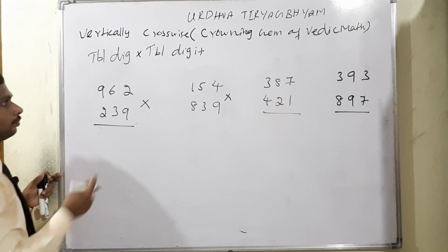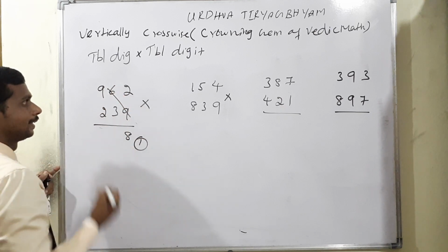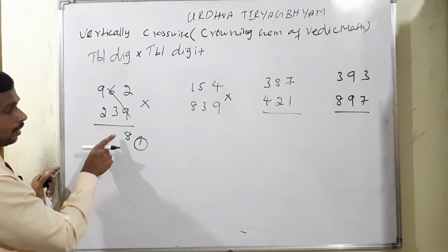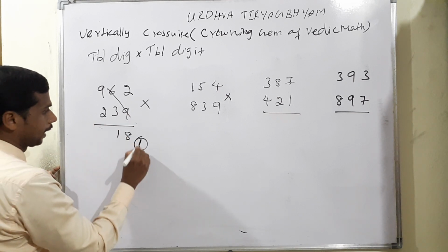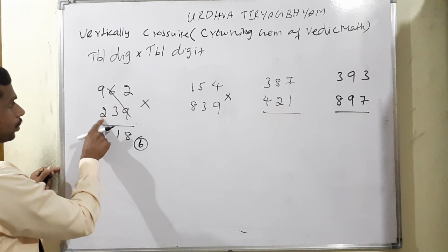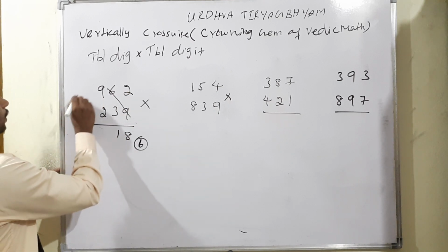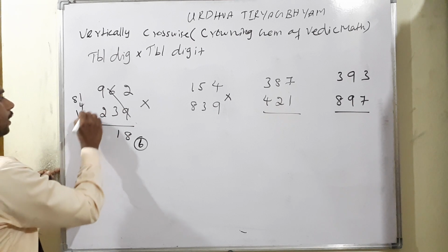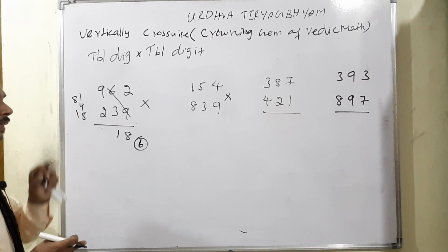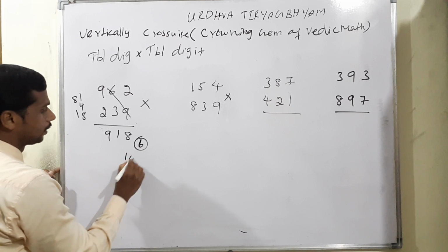So now 2 9s are 18, 8 carry will be 1. So 9 6 are 54. 54 plus 6 is equal to 60. 60 plus 1 is equal to 61. Again a carry will be 6, isn't it? Next term, what we have to do next term? 2 2s are 4. Then 2 2s are 4. 9 9s are 81. Listen, 81 and 4. Center 18 is there. So 18 plus 4 is equal to 22. 22 plus 1 is equal to 23. 23 plus 8 is equal to 103. Already carry 6 is there. Therefore 109 means now we have carry 10.